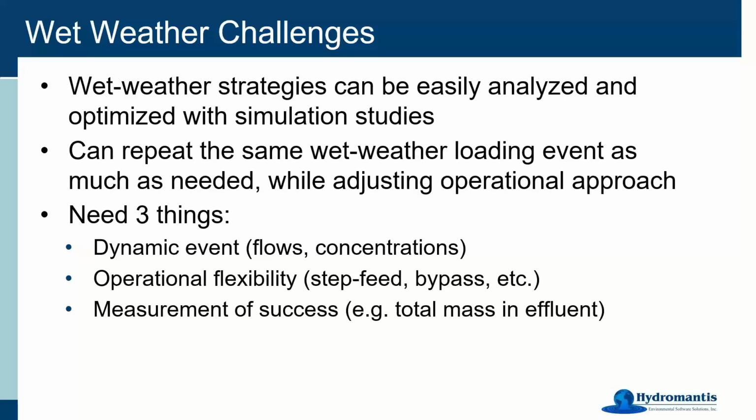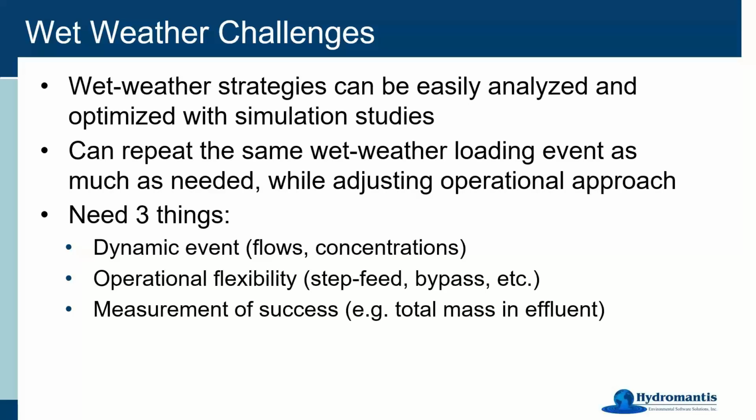It's maybe not totally obvious when you first set out to do this, what is it that I want to look at? I mean, obviously it's going to be effluent quality, but in what way? You've got 5 or 6 different parameters. Some will be affected more than others. And how do you measure in a very quantitative way how successful one approach is versus another approach, because you're going to be looking at the length of a